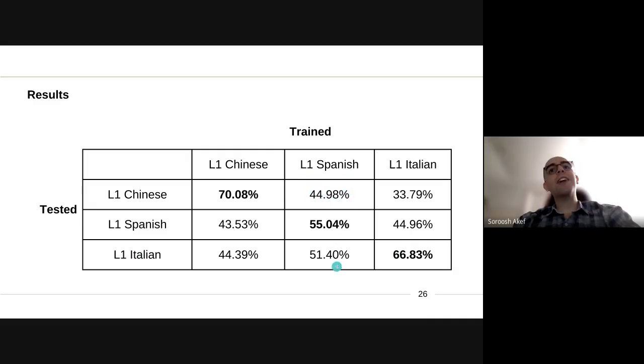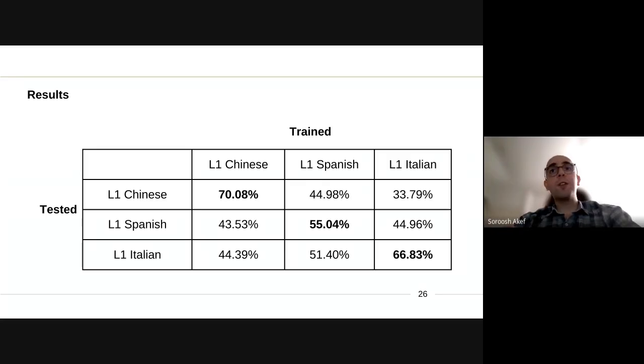So this could be a factor of linguistic typology, because L1 Spanish and L1 Italian are closer to each other. This could be tentative evidence that linguistic typology has a role here. And the same thing can be said for L1 Italian. You can see when L1 Italian was tested on L1 Spanish, it performed better than L1 Chinese. So we thought, okay,